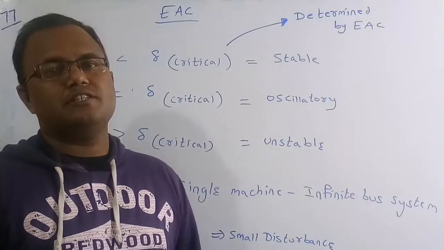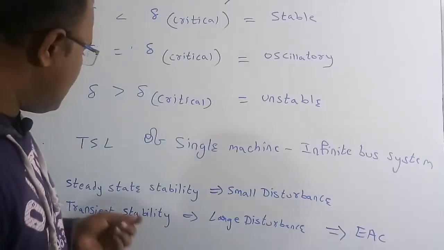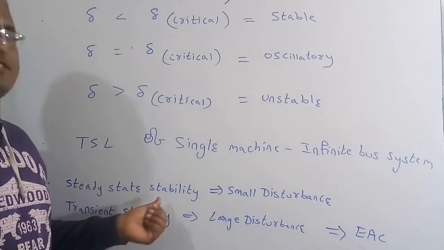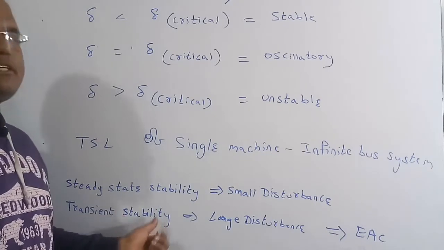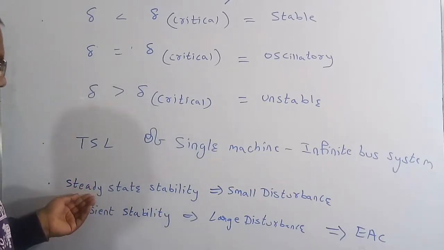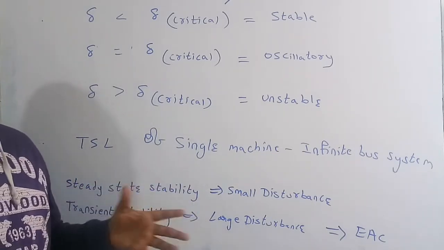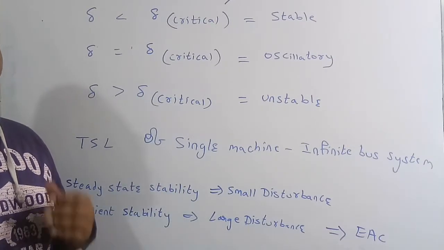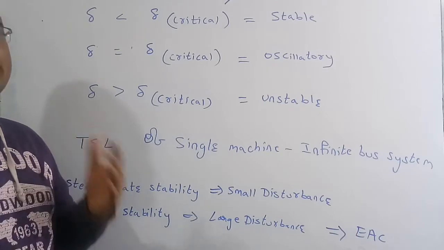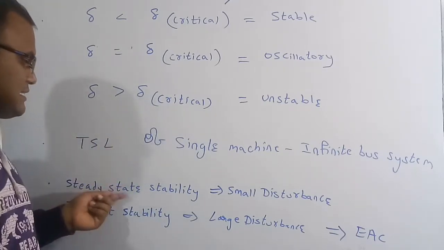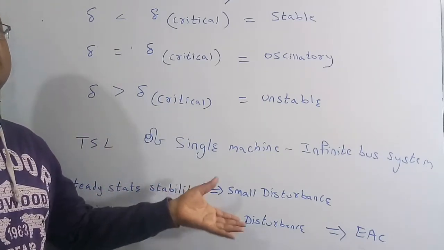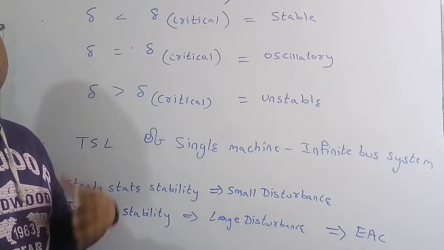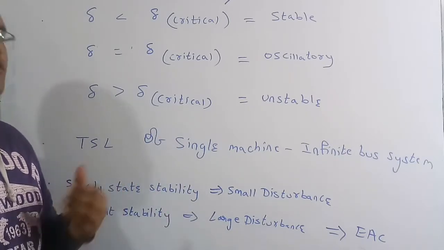So basically in power systems we are going to study two things, which are called steady state stability analysis and also transient state stability analysis. See here, steady state stability analysis means, suppose for a power system we provide a small amount of disturbance, then what is the nature of the effect on the power system? Regarding that study, it is called steady state stability, meaning we make a small amount of disturbance to the system, and then we study the variations in the power system.